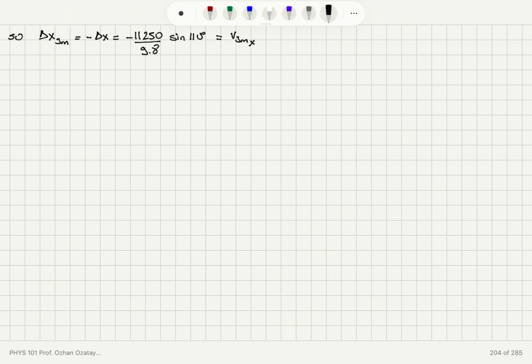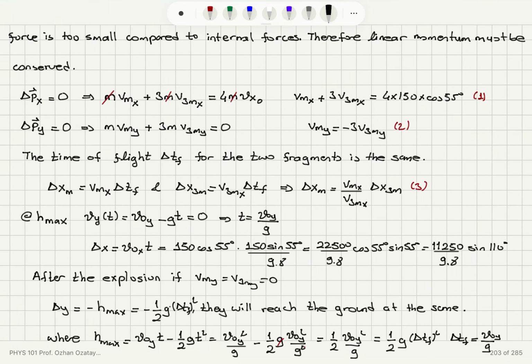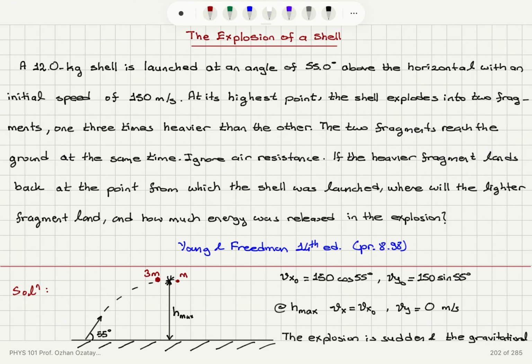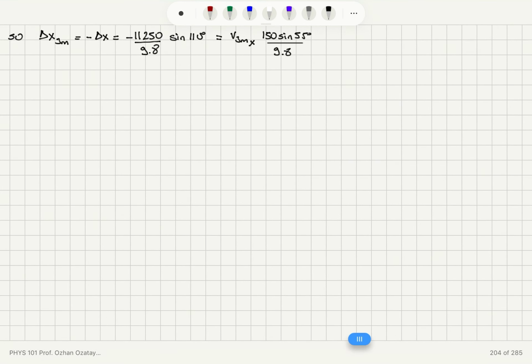So this is V3mx times 150 sine 55 over g, 9.8. So it is basically delta x3m is v3mx times delta Tf, but delta Tf is v0y over g, and v0y is 150 sine 55. Okay, so this gives us v3mx is equal to, because the g's cancel here,